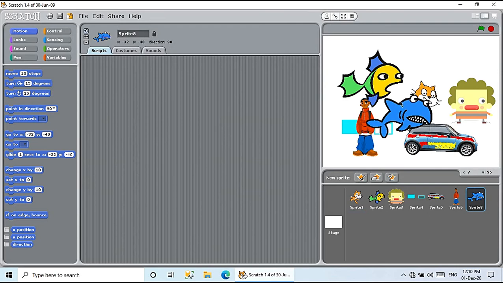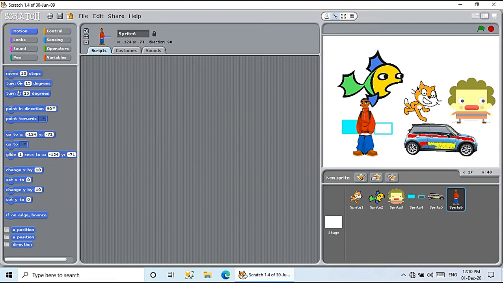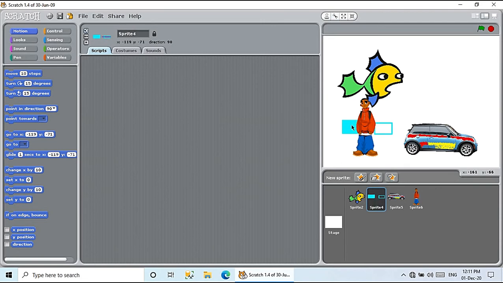Any other sprite I want to delete, I am deleting most of them so that later on you are able to see. Whichever sprite I don't want, you can even delete the one which you had, the initial one. Then you can delete whichever sprite you want to delete. You just click on the scissors icon, keep deleting. Click on the scissors icon, keep deleting. I have kept only two sprites now here.